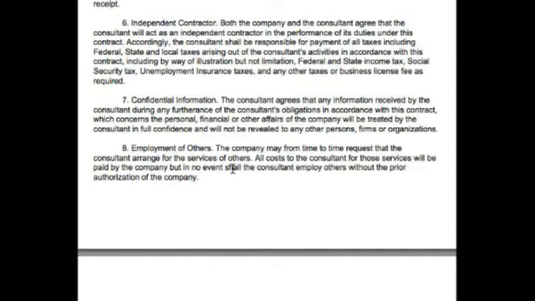Because if someone's really an independent contractor, they can subcontract with whomever they want. The only thing is, you can put in some great language that they have to have their subcontractors sign an NDA. They're responsible for any damage that their subcontractors do. You can put in there stuff to protect you from a confidentiality perspective.